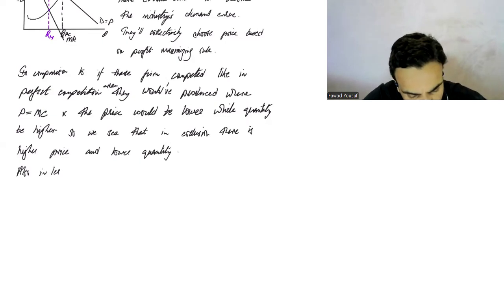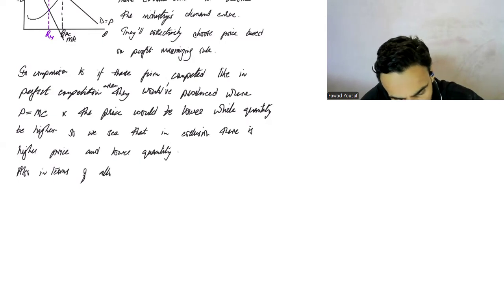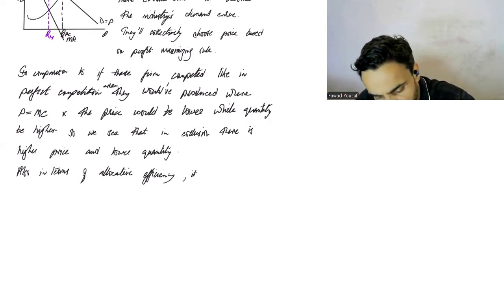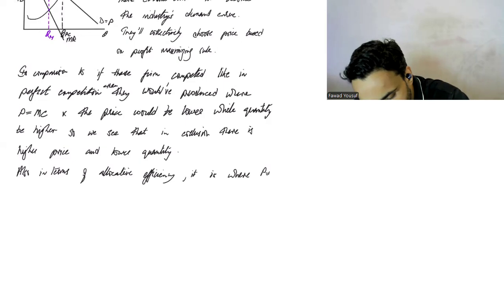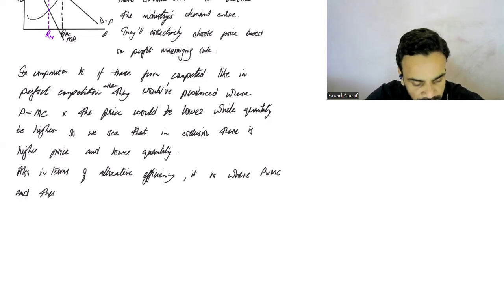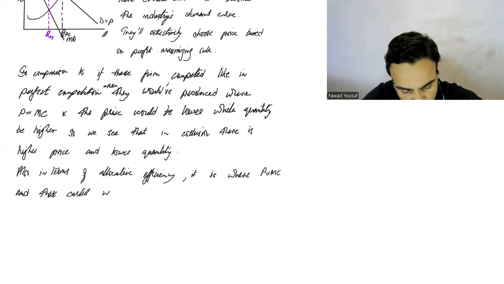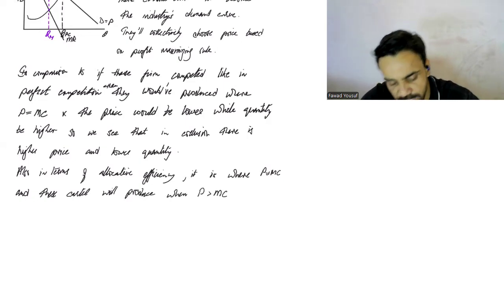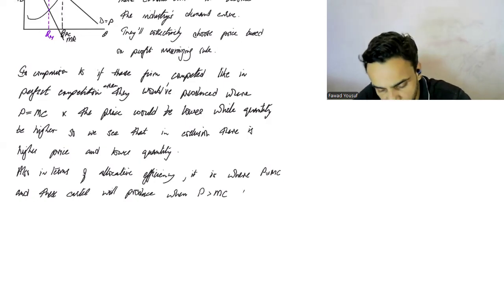Also, in terms of allocative efficiency, it is where P equals to MC, and these cartels will produce where P is greater than MC, hence they are